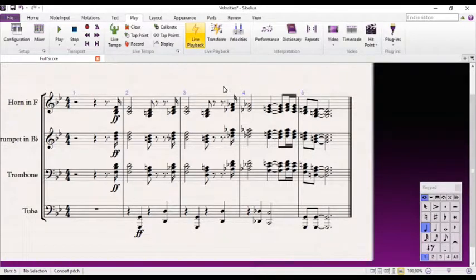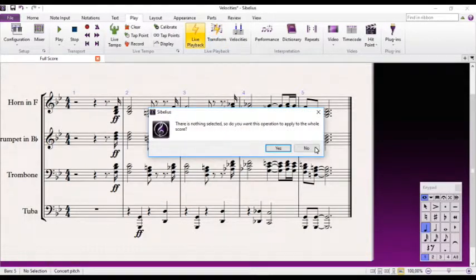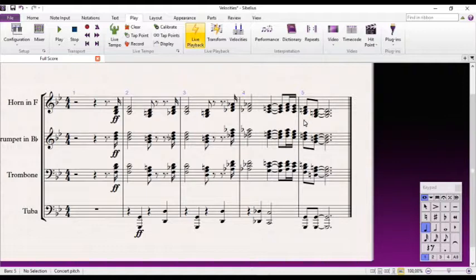Now I want to show you something else, and that is also in this transform box. I keep forgetting I must select a note. As you heard, that note or those notes should be staccato. But you know, many times in a score, if you put too much articulations, it is cluttered. Especially in the classical era and the Baroque era, the composers, I think they were lazy, or maybe they didn't know about articulations. We have a whole bunch of articulations, as you can see lately, in these boxes and stuff. So instead of putting a staccato,